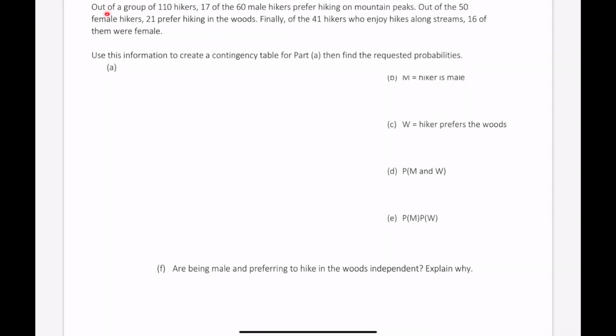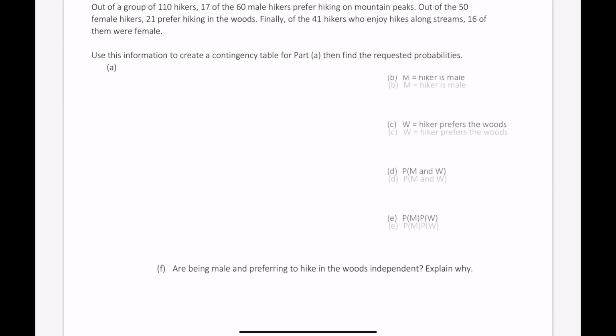Welcome. Out of a group of 110 hikers, 17 of the 60 male hikers prefer hiking on mountain peaks. Out of the 50 female hikers, 21 prefer hiking in the woods. Finally, of the 41 hikers who enjoy hikes along streams, 16 of them were female. So part A, let's use this information to create a contingency table, and then we're going to find the requested